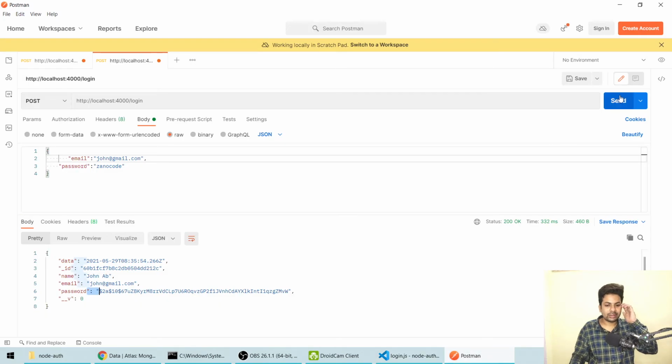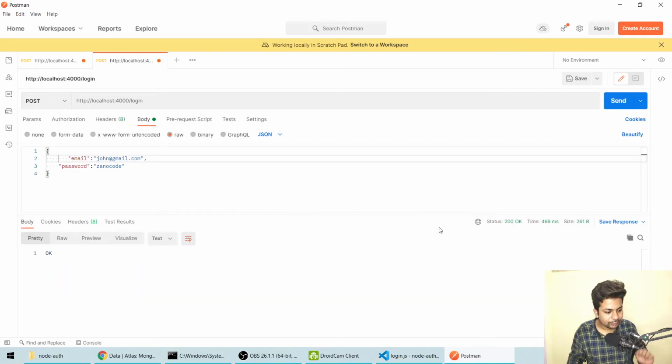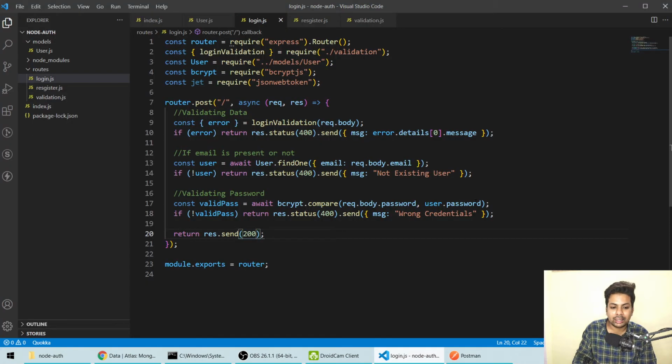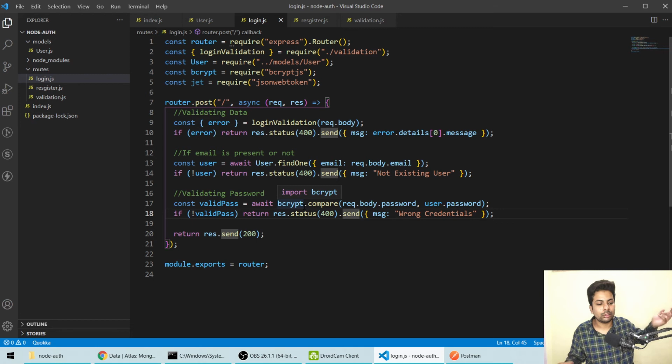So now if we try to log in, see okay, everything's fine. But suppose I'm changing the password in between. It will say wrong credentials, because it tried with the same password, whether the password is same or not, and bcrypt compared it and found false.